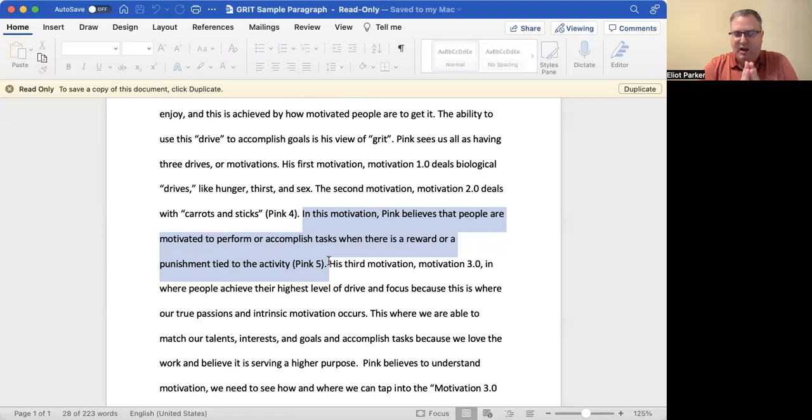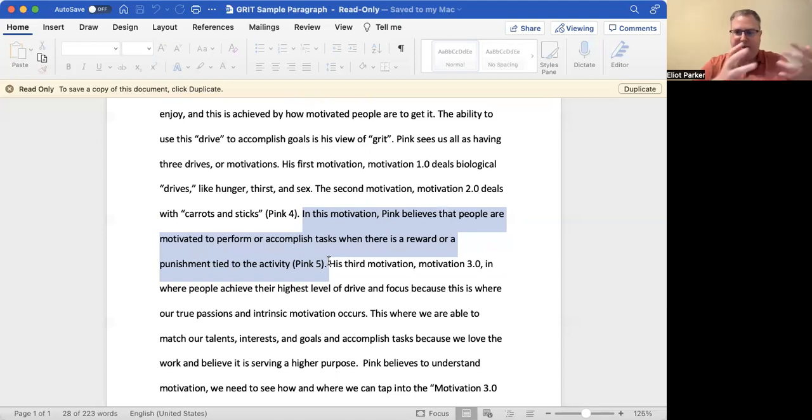One of the reasons I did not explain more about a biological drive is because things like hunger, thirst, and sex are pretty much self-explanatory. I don't think you have to have a qualifying sentence or two to explain that to someone. People know pretty much what hunger, thirst, and those drives are. But when we talk about carrots and sticks, well, we hear that term used sometimes in common language or in common culture, but you need a qualifying sentence that explains that.